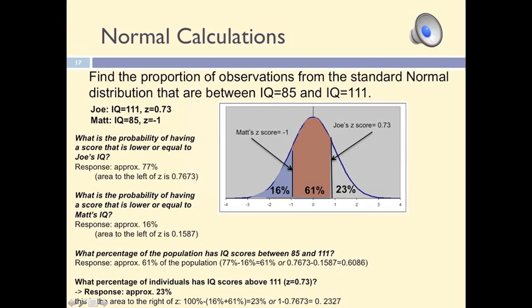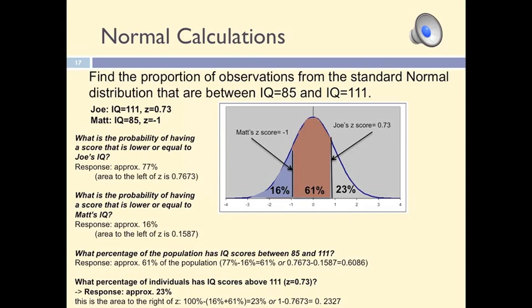The normal curve can be used to compute proportions not only from one standard deviation to another, but also for specific values that we may be interested in. Let's continue working with our example. We already know that Joe's IQ score is located above or at the same level as approximately 77% of the population. We can apply the same procedure to find out the percentage of the population who scored below Matt's score,